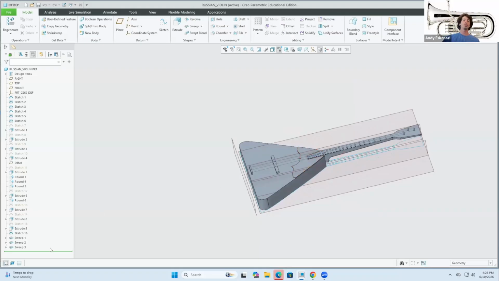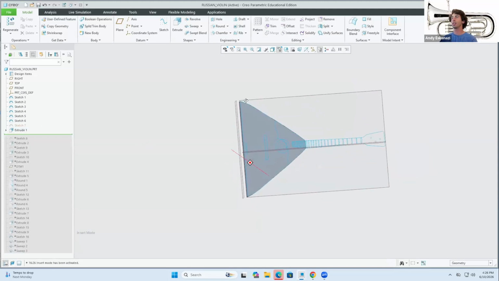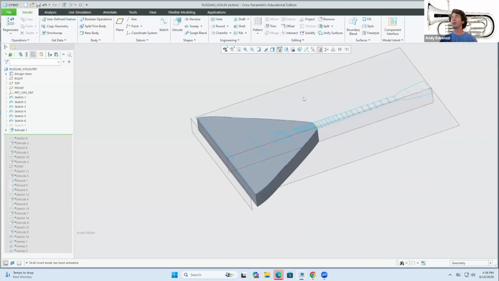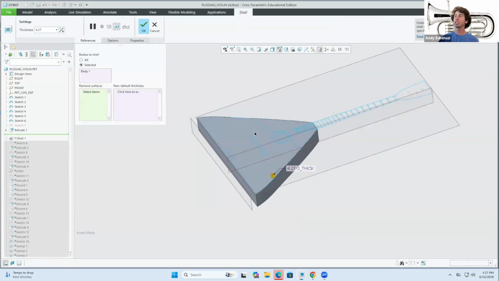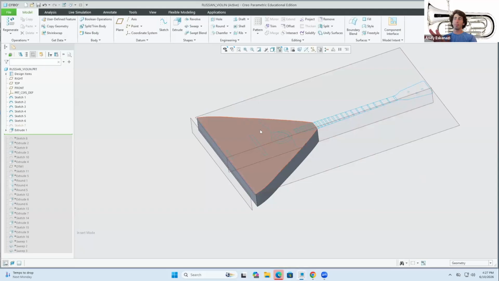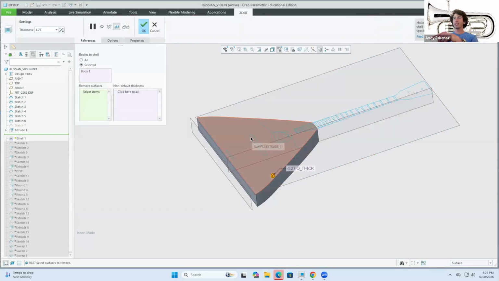One last thing I wanted to show you guys with this instrument, which I forgot to say, is that if you're at this step and you want to hollow this thing, go to this command that's called shell, click on shell, and then it will essentially create a shell. So literally, let me show it again. So you're at this step, right? You brought your body, click on shell, and click the face that you're going to hollow out. And I can say, for instance, I want a wall thickness of 2 as an example,